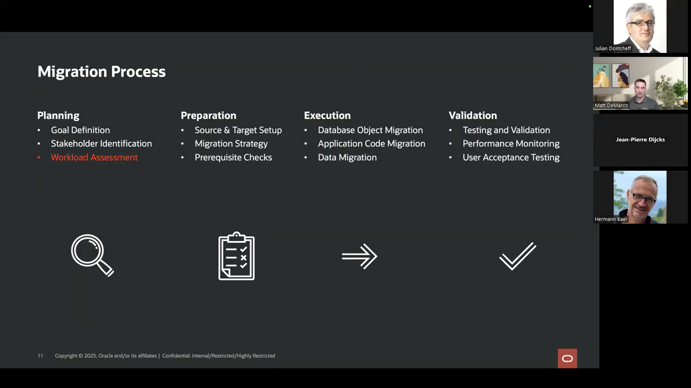Do you have a migration strategy? Identification of the migration strategy. How big is the data that you need to move? What's the cutover definition? Do you have a weekend? Do you have a couple minutes? Do you have a couple seconds? And given that,